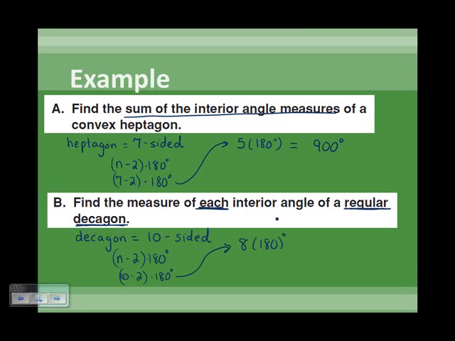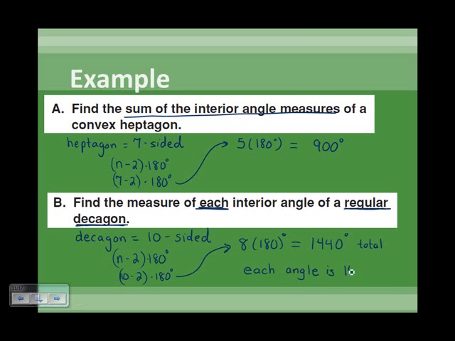So that would give us a total of 1,440 degrees for all of the angles. This is the total for all 10 angles. But if it's regular, then that means that each of the angle measures have to be the same, and there's 10 of them. So that means if we just divide that by 10, each angle